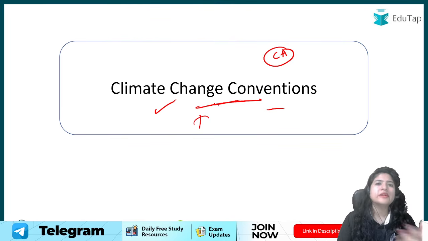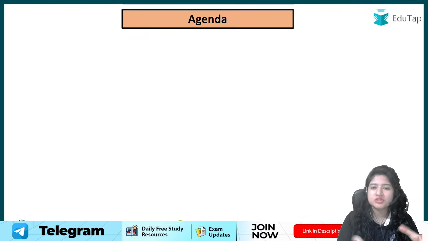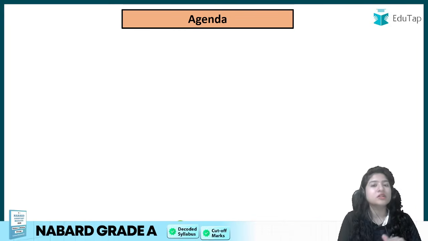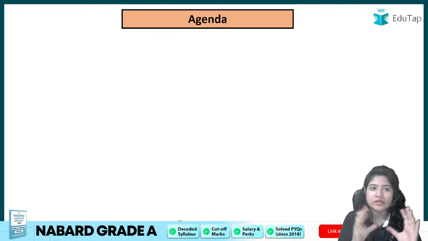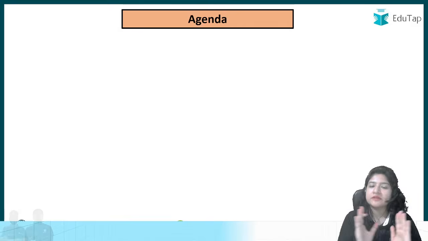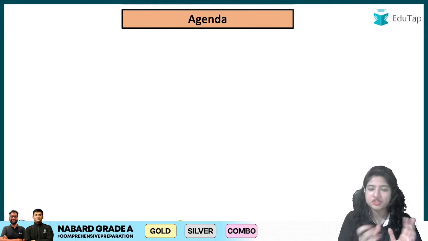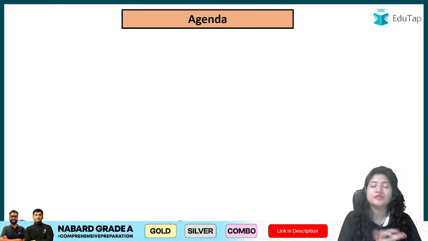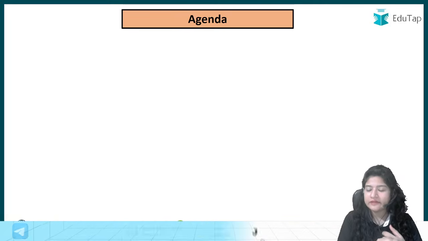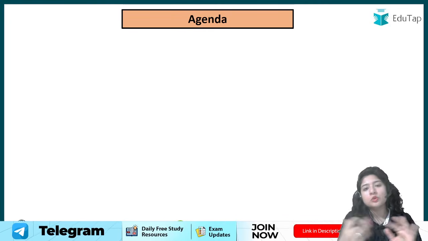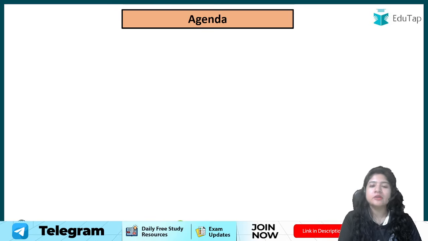If we look at previous years, questions have not come directly, but yes, a lot of questions have come from current affairs. This topic is from the chapter ecology and climate change, which is a prominent chapter in your examination. We are going to cover the section on climate change conventions. It would help you understand current affairs better and also provide better inputs in your descriptive answer writing.